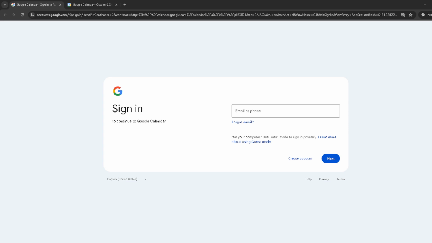First things first, you need to access your Google Calendar. So open your preferred web browser and head over to the Google Calendar site. If you're not already logged in, you'll be prompted to enter your email address and password. Take your time to type in your credentials accurately and then click Next to proceed. This step is crucial as it directs you to your personal or work calendar, where all your schedules and meetings